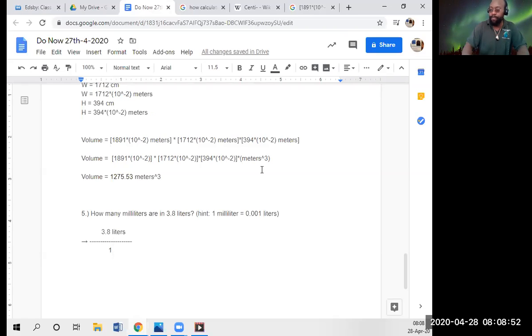So let me come up here. Let me multiply by, and I'm going to use the hint they gave us. Make it real simple. Now I want milliliters, right? And I'm looking at the hint, and it says 1 milliliter is equivalent to 0.001 liters. So we got to start another fraction bar because we're multiplying these 2 fractions together to cross cancel, as Mr. Perry constantly said. You just cross them out, you're knocking them out. Yeah, you're right, but you got to set it up so it does that. So let me make another fraction bar.